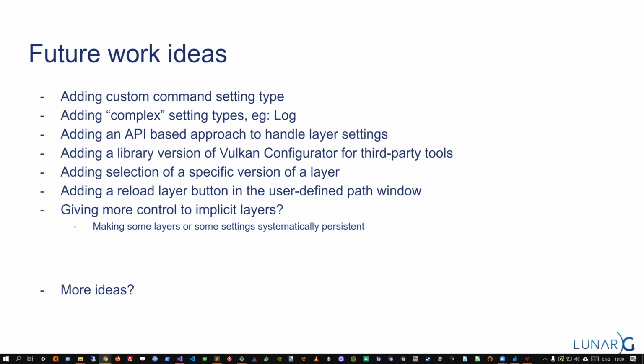So if there is some pain point, if it takes too much time to do something, just let us know, and we will continue improving the Vulkan application developer workflow this way. That's it.